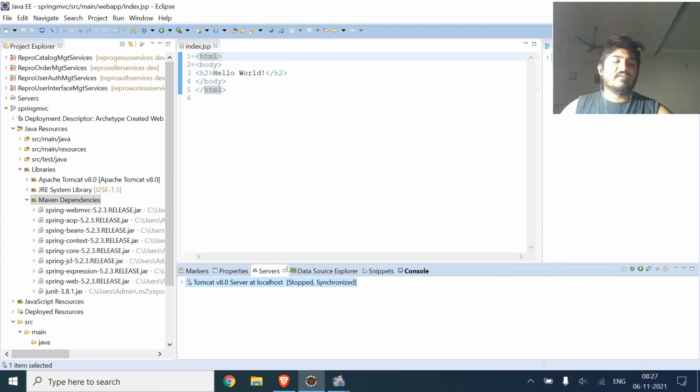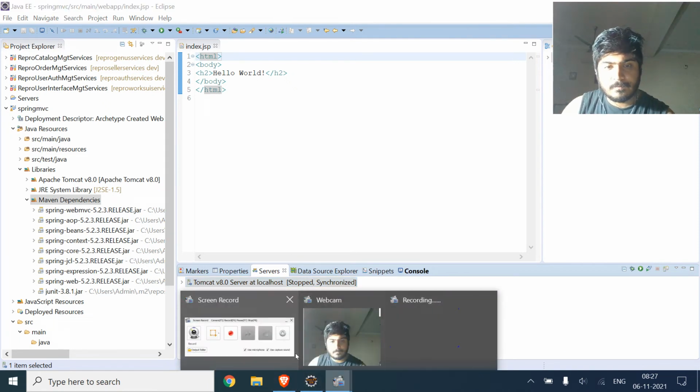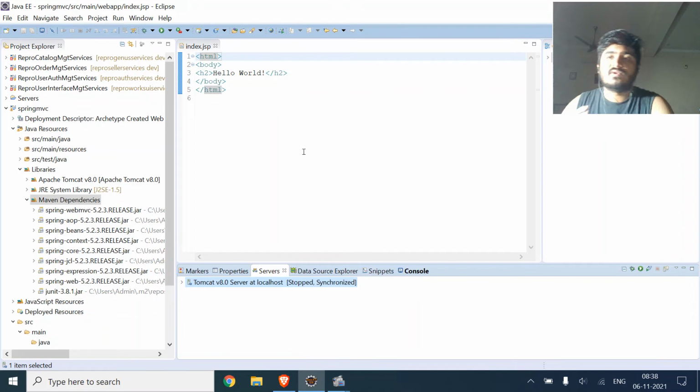So now I will just configure and code a basic Spring MVC project in 5 steps. So first of all, if we want to configure a Spring MVC application, I will just divide the Spring MVC application into 5 steps.